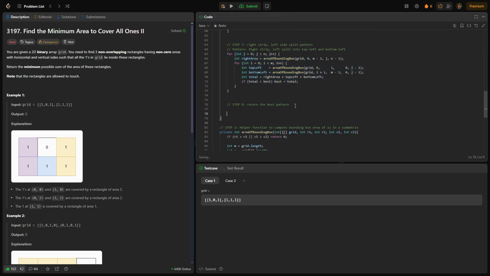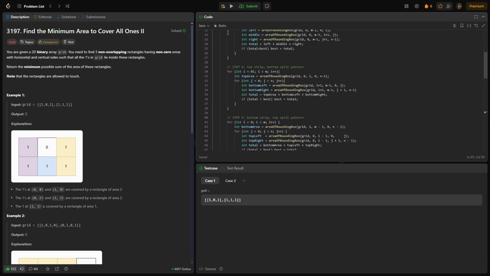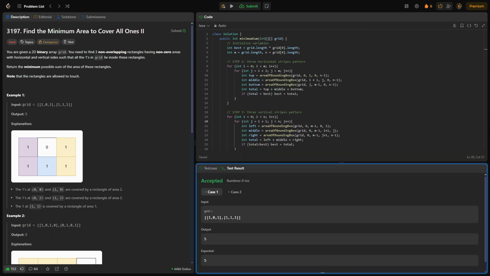And the best part of this is after we do all of those hard-coded solutions, all we have to do is return best. Because best will constantly be getting updated through all of these potential solutions. So if we run this, that passes our test cases, and if we submit it here,